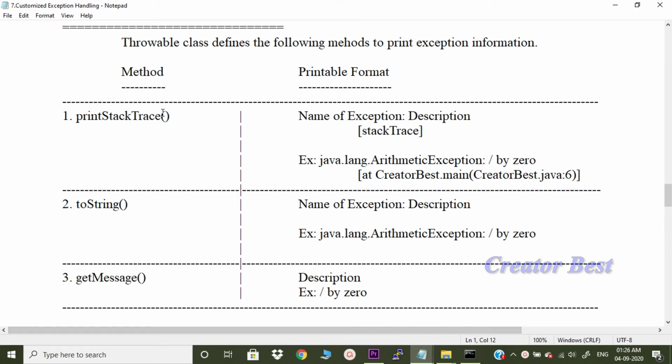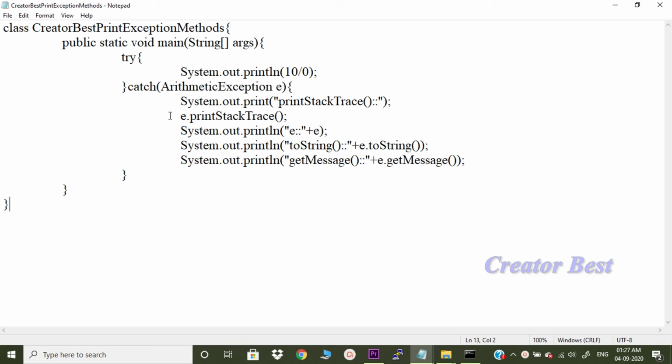How we can use these methods to print the exception message. I have taken simple System.out.print statements to print the exception message. e.printStackTrace will print the entire exception message, and then the toString method e.toString and e.getMessage. Let me execute this program for you.